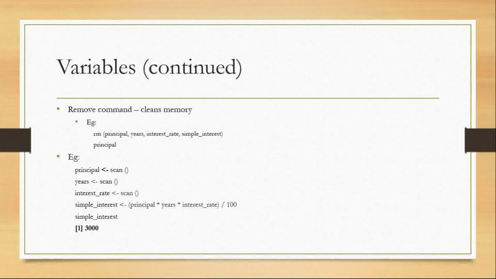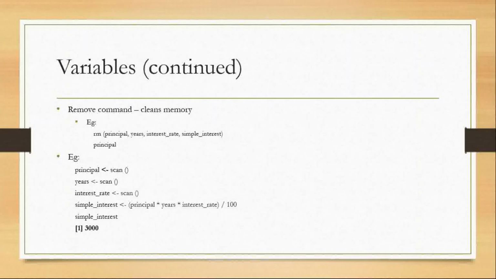Now let's see what the remove command is. In order to make use of the computer's memory efficiently, the remove command is used. It cleans the memory. We can manually use this command to free memory whenever we think we don't need some data.